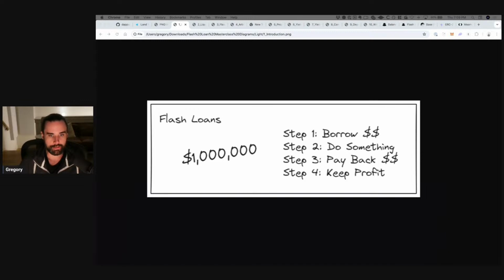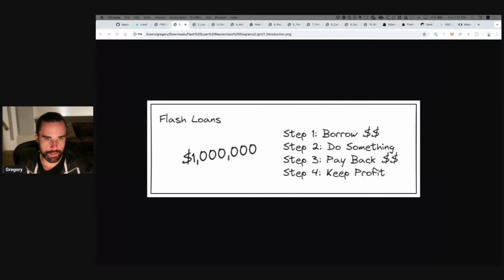And you can basically do it for free, okay? The caveat there is that there will be some gas fees involved. Anytime you do a transaction on a blockchain, you have to pay a gas fee to the network, but they're completely free flash loans in terms of you don't have to pay any fees to the lender in order to take those out. All right. And finally, again, they're risk-free whenever you're doing the flash loan itself, because you can't lose any of the money that you're borrowing.